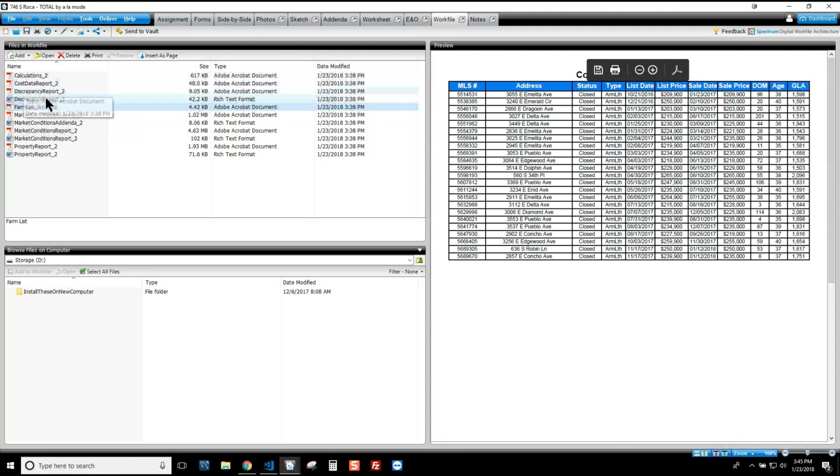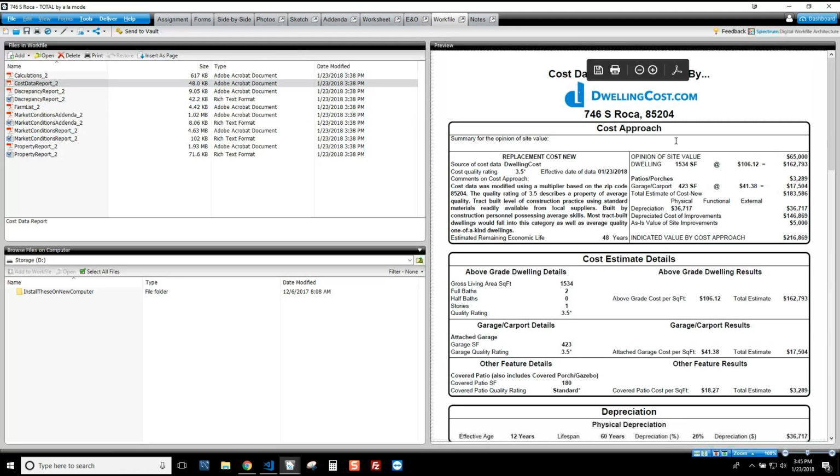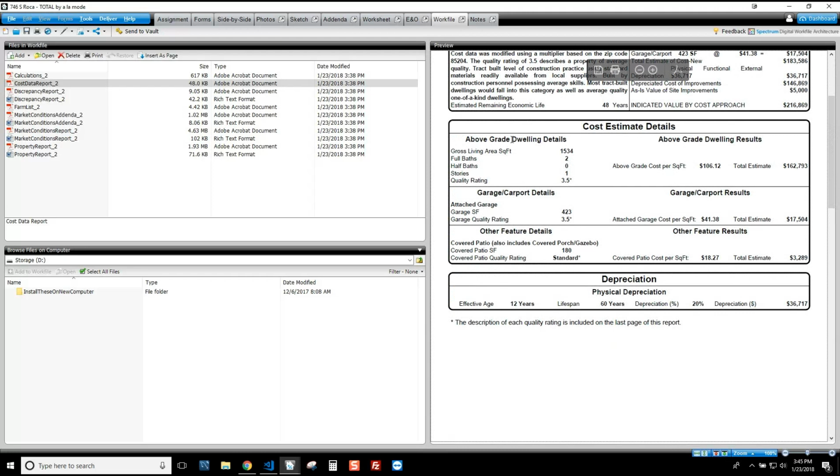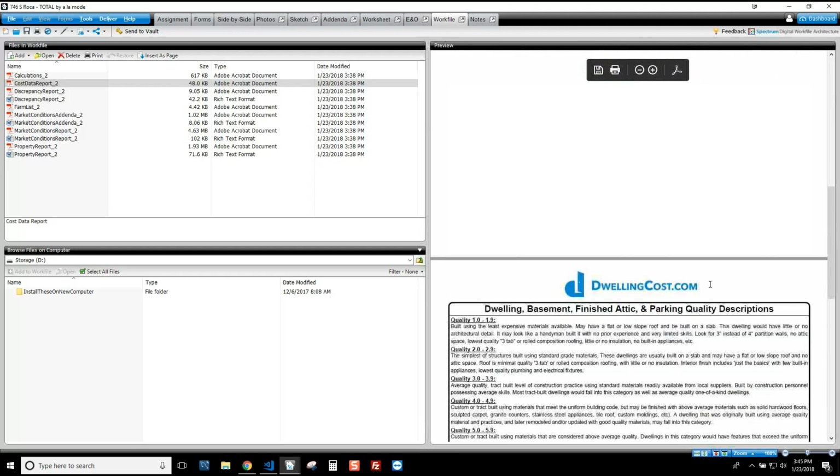Next, let's look at the cost data report. So this is, because we did the cost approach, it tells me everything that Spark loaded into my cost approach, and then starting here, it's the details of my property and the cost data relative to each of the things that I said this property has. I said it had a covered patio, what quality I called it, the price per square foot we got from dwelling cost, the depreciation, the above grade dwelling details, everything I typed in there, basically all there,